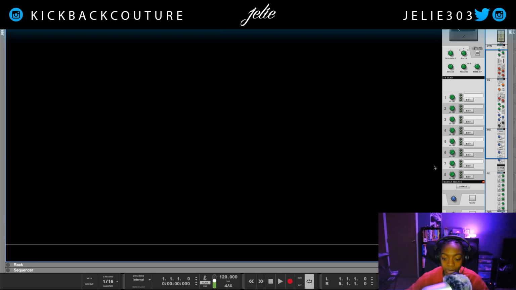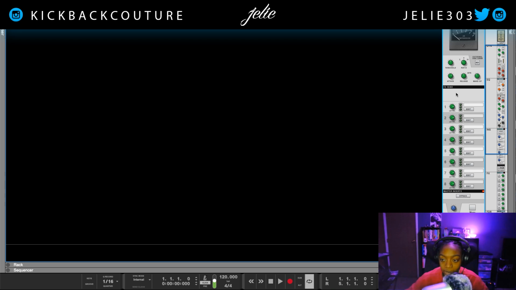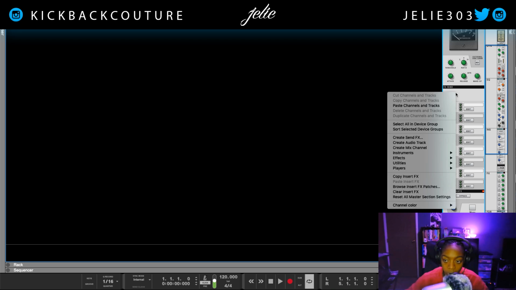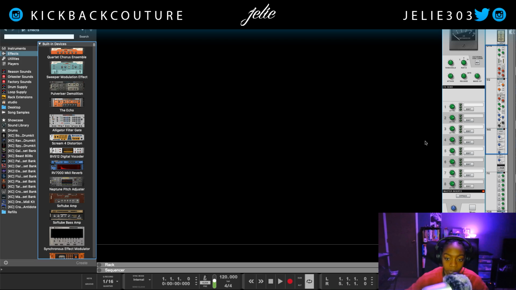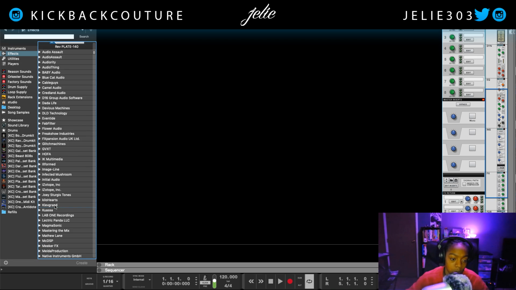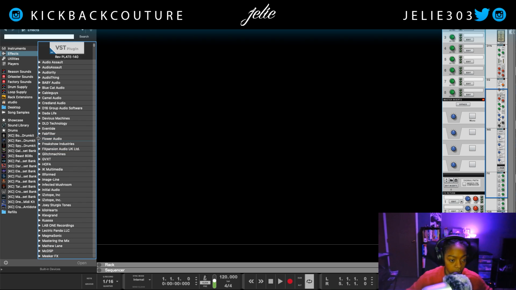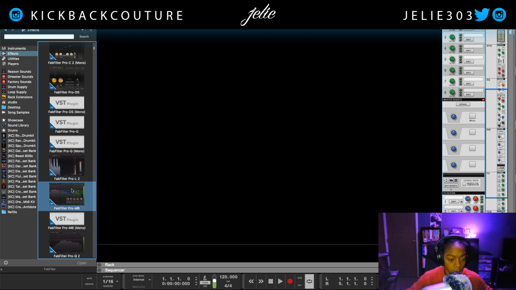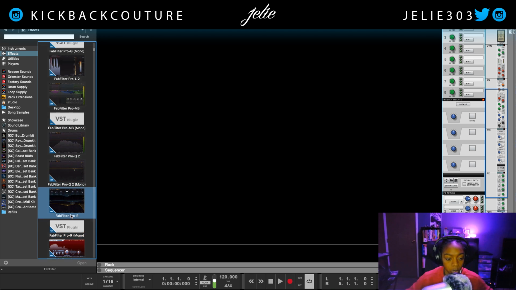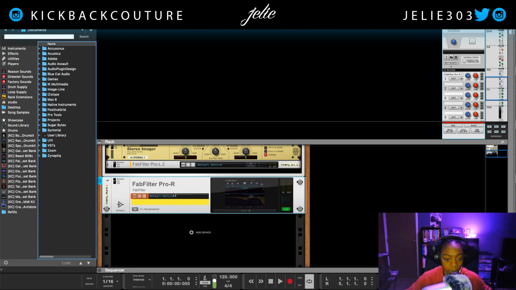Now I'm in the mixer section of Reason, and my effect sends are here, of which I don't have any. So I'm going to right click in this area, create send effect, and it's going to let me choose out of all my effects what I would like to do. I want to start with the reverb. So my favorite reverb is Pro-R by FabFilter. I also like the Renaissance Reverb by Waves. So let's go ahead and add, let's go FabFilter Pro-R as a start, and you might have your own favorite reverb that you like to use. Gonna use this one,